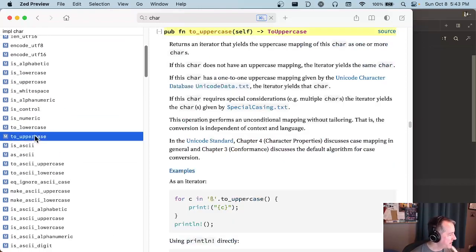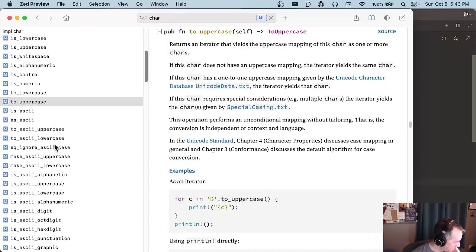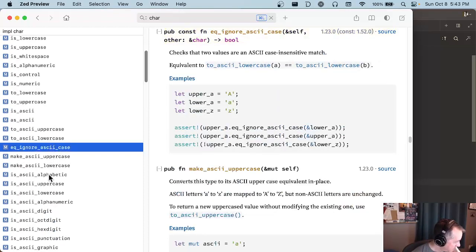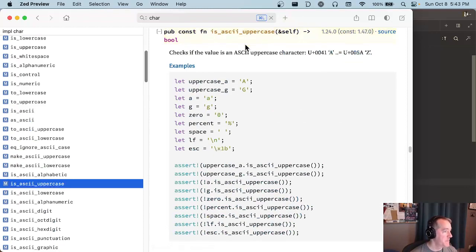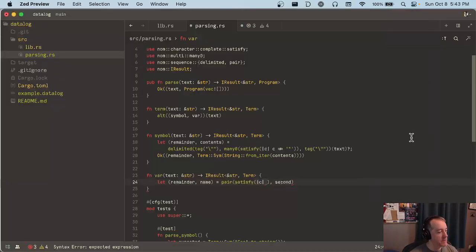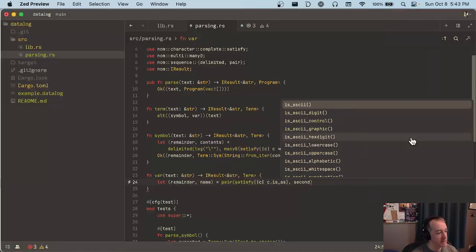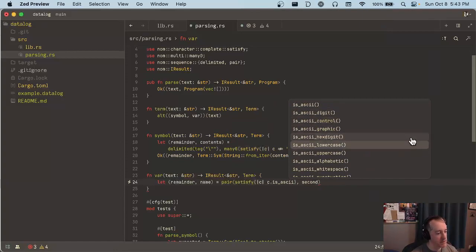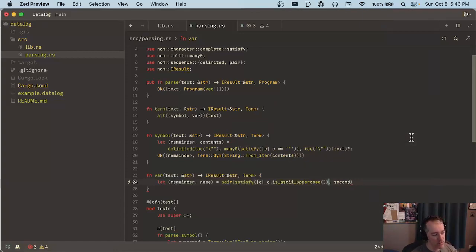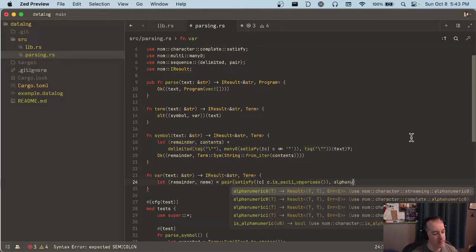So it has two uppercase. Oh, is ASCII uppercase. That's what we want. Okay, so we'll say is ASCII uppercase. All right, so that'll make sure that the first one is an uppercase letter, and then we have alphanumeric